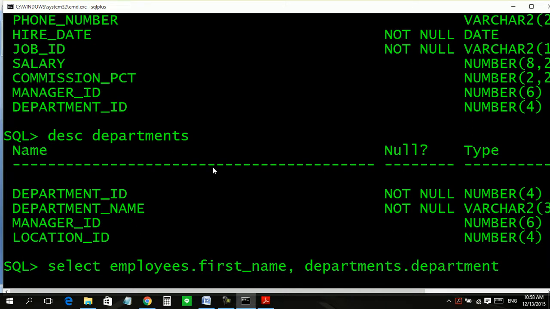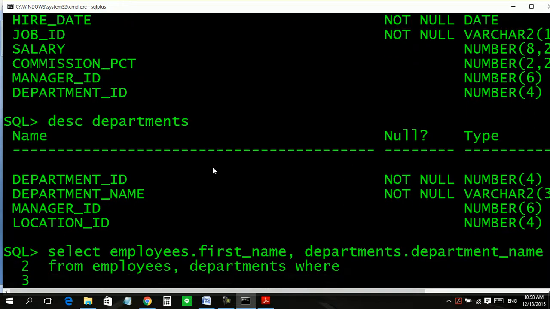From two tables: employees, comma, departments.